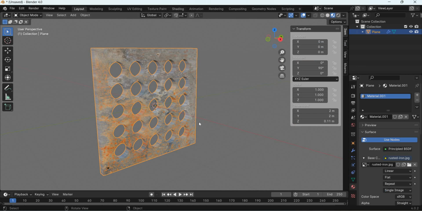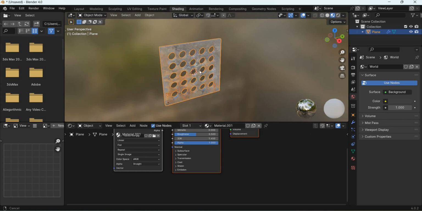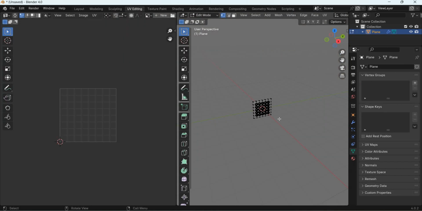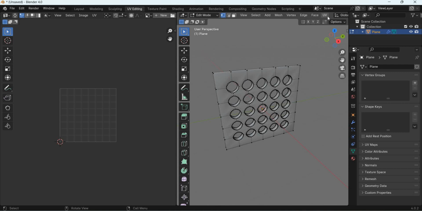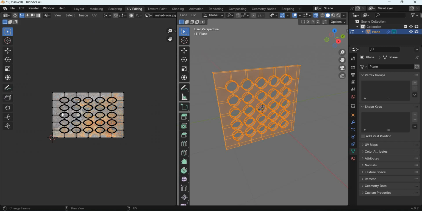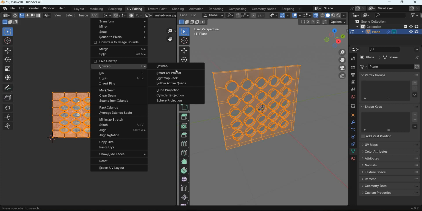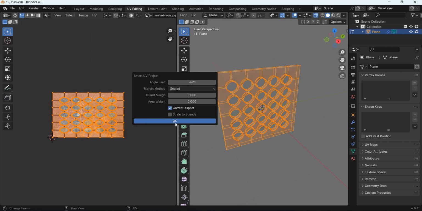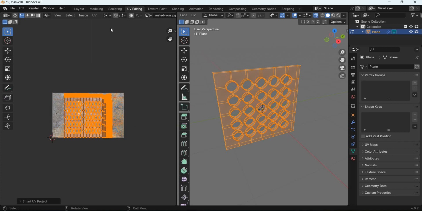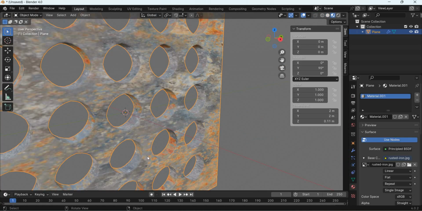Go to shading, go to UV editing, A to select all, UV, unwrap, smart UV project, layout, and then you have